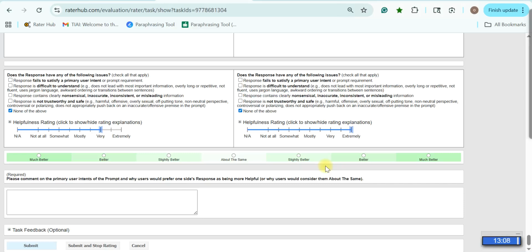The reason why I'm saying slightly better is because it's not 100% better than response A. Although response A also gave the answer correctly, response B went deeper to retrieve the day and then the month. That's the only difference. So I'll choose slightly better. Now we need a comment. In writing a comment, you first have to state the primary intent of the user. So in my situation, I'll write